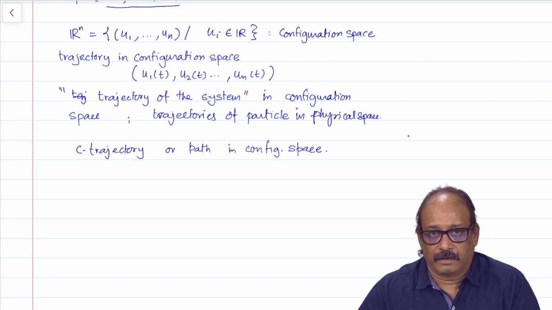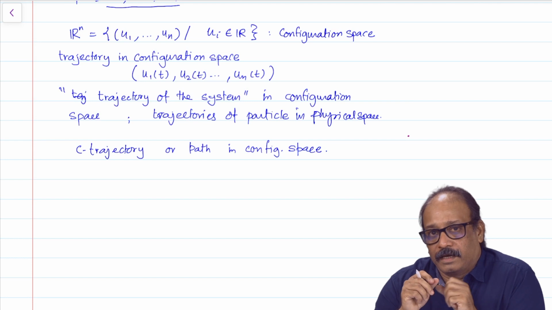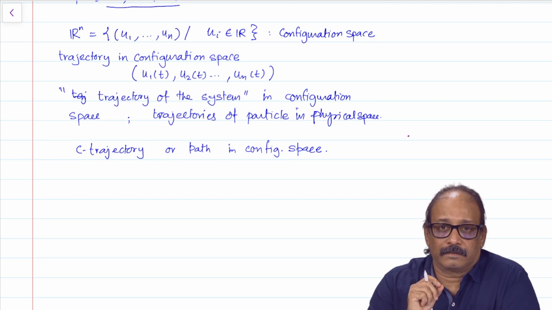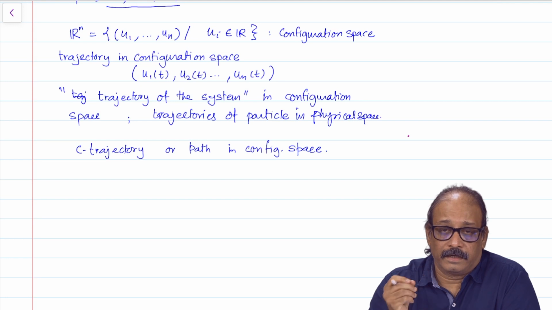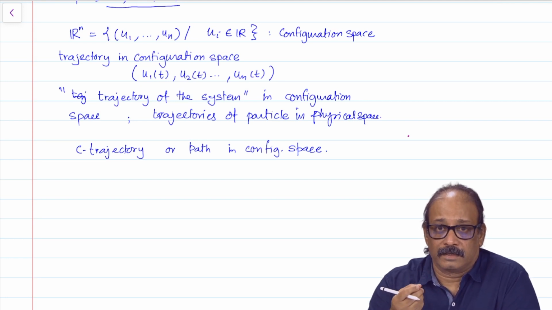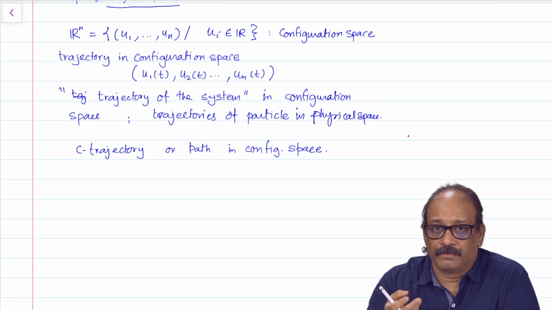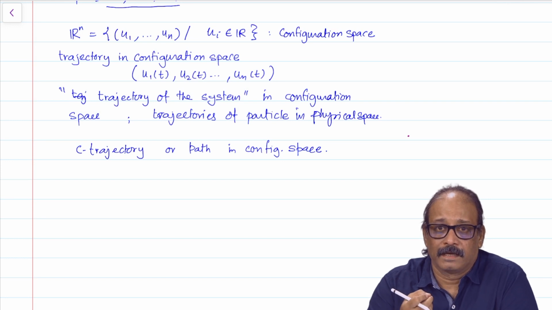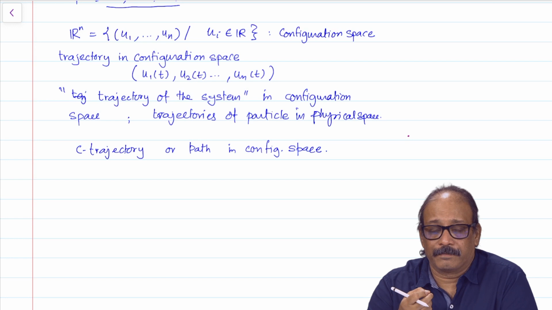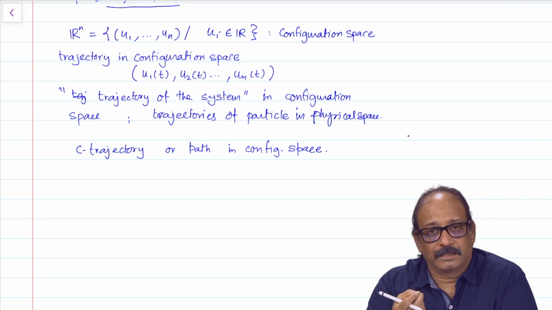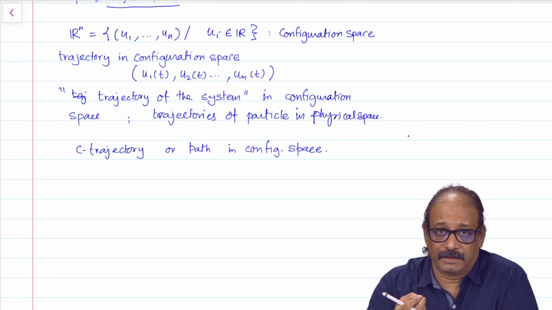So, let us look at an example. If I have a system with just one single particle moving in 3 dimensions, its degrees of freedom are 3, there are 3 coordinates required. Now, what is the configuration space for this? Oh, the physical world itself is the configuration space for this particle, because there are only 3 coordinates there. So, the minimum challenging example would be 2 particles, but you see the configuration space now is 6 dimensional, and I cannot actually visualize this in our 3 dimensional world.